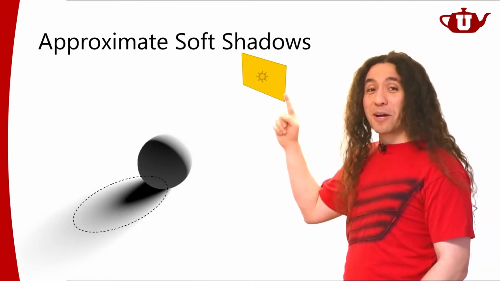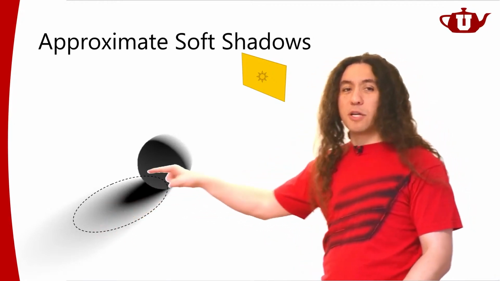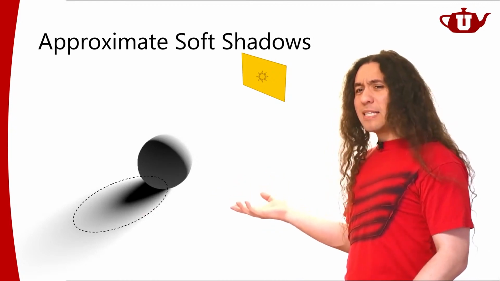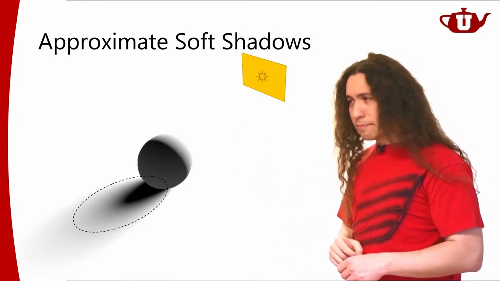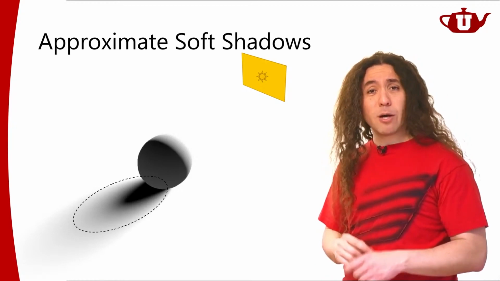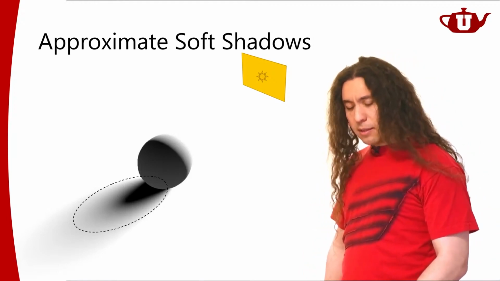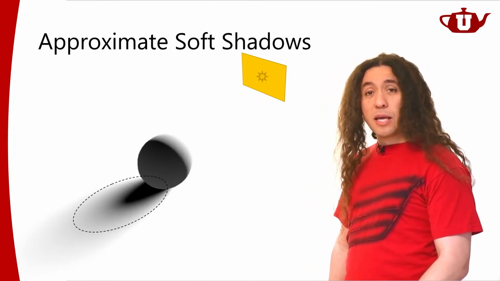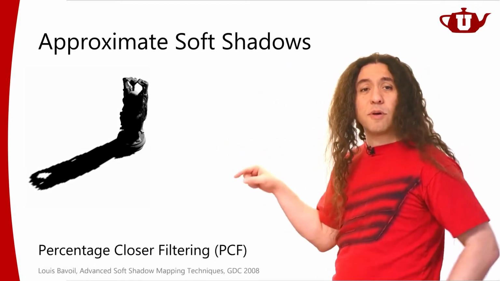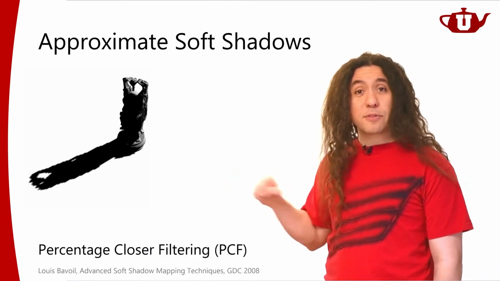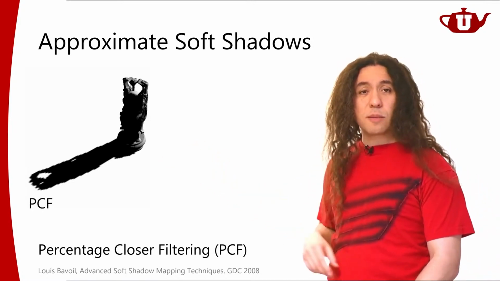The way we're going to do that is to use something like shadow maps that give me these hard shadow boundaries, but that's not what I want. I'm going to use that and see if I can recover something that looks like soft shadows, starting with hard shadows computed for a point light. That's the goal. And the algorithm I'm going to tell you about in a bit more detail is going to use this shadow map idea, particularly percentage closer filtering. We looked at percentage closer filtering. You'll remember, this is a shadow generated using percentage closer filtering.